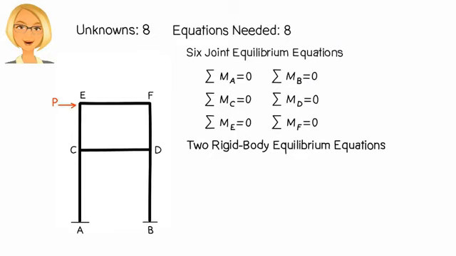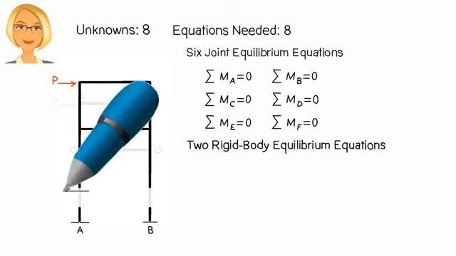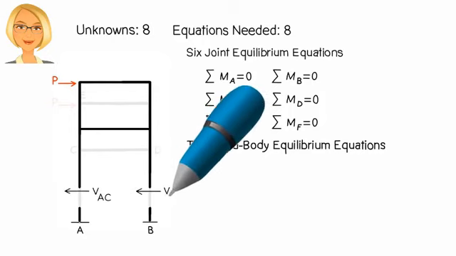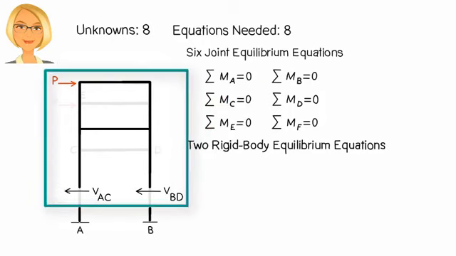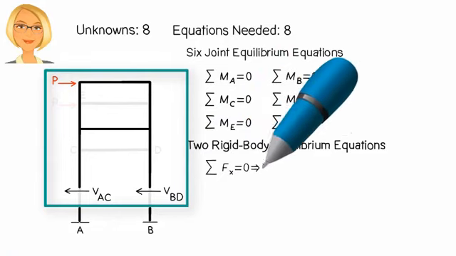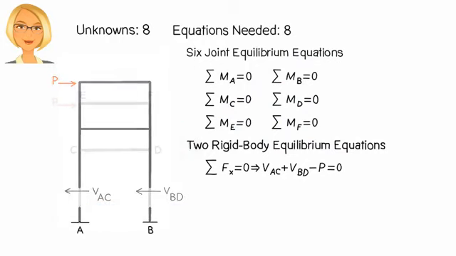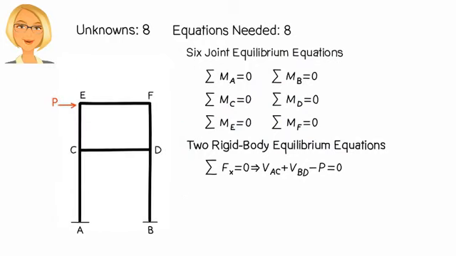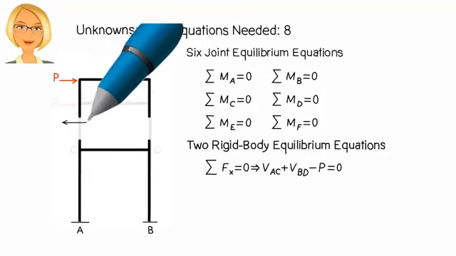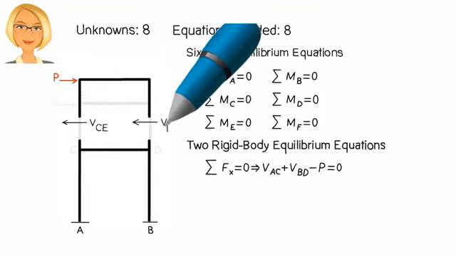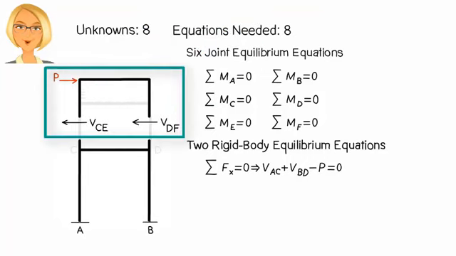More specifically, one of the equations is obtained by cutting the frame at the first level like this, and summing the forces in the x direction like this. The other equation comes from cutting the frame at the second level like this. Then, summing the forces in the x direction gives